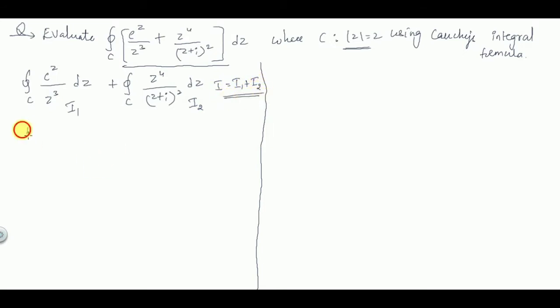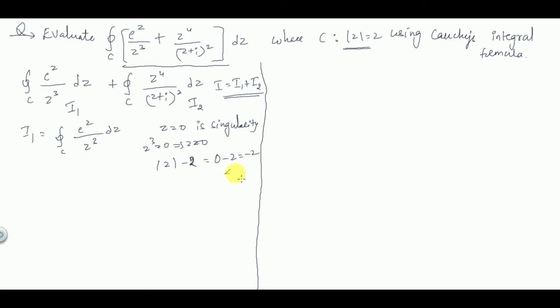Okay, right. So first of all we'll consider I1, which is integral over C of e power z by z cube dz. So z is equal to 0 is the singularity, right? Equating the denominator to 0, you'll get z cube is equal to 0, that is z is equal to 0. So the given contour is mod z minus 2. So it will be 0 minus 2, which is equal to minus 2, which is less than 0. So z is equal to 0 is inside